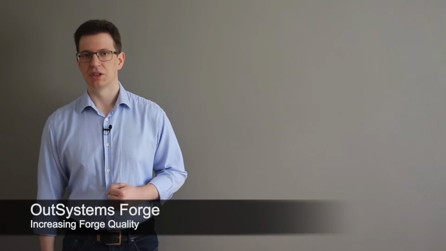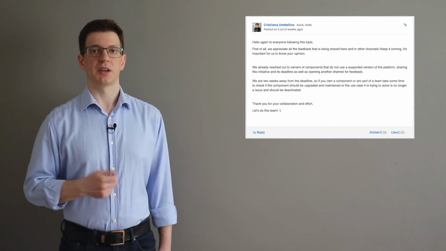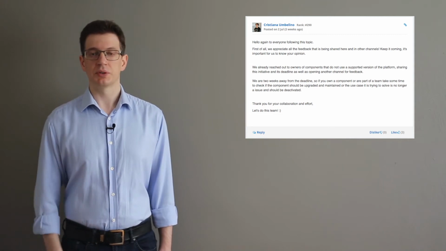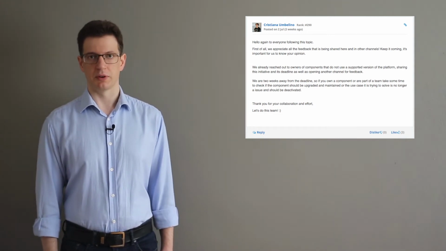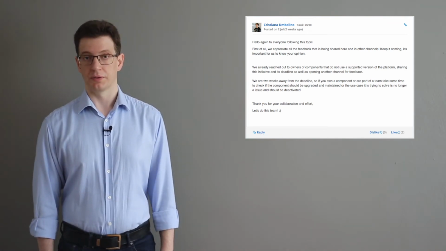Following up on the recent initiative to improve the OutSystems Forge components quality, OutSystems has informed that they have already reached out to the owners of the components that do not use a supported version of the platform. And since we are now about 2 weeks from the deadline of those components being deactivated from the Forge,